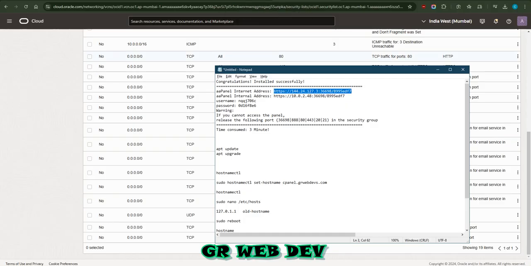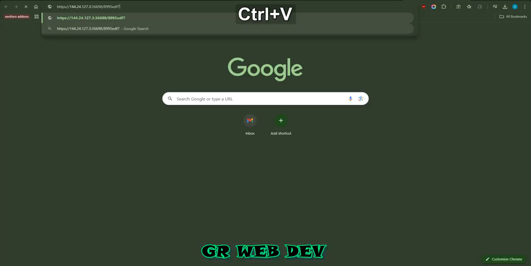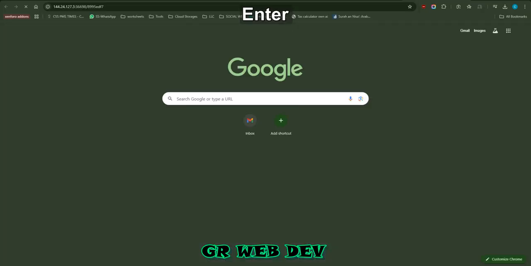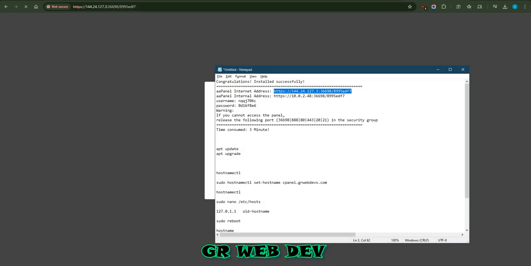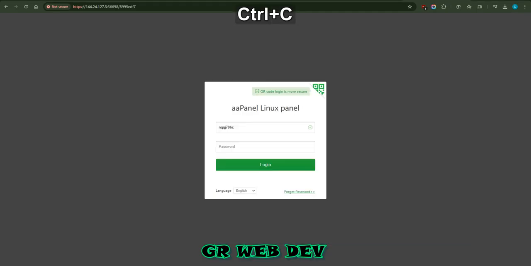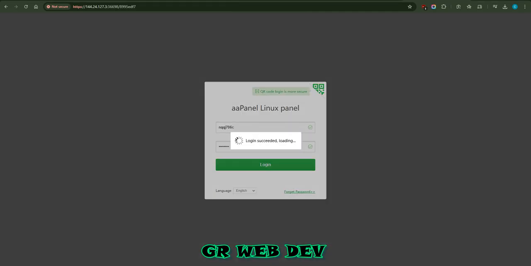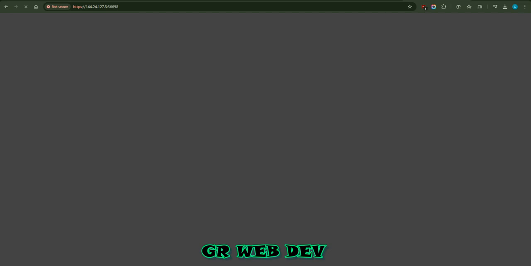Copy it and open here, paste it. Okay, now it's showing us Advanced. Click on Advanced, Proceed. It will show you the login page. Click username, copy, the password, login. Succeeded. Loading. The first time it will need some time to open the server, like 10 to 15 minutes,